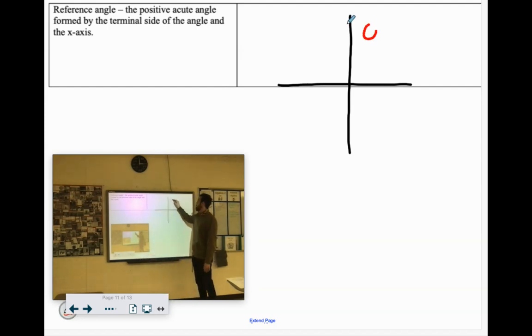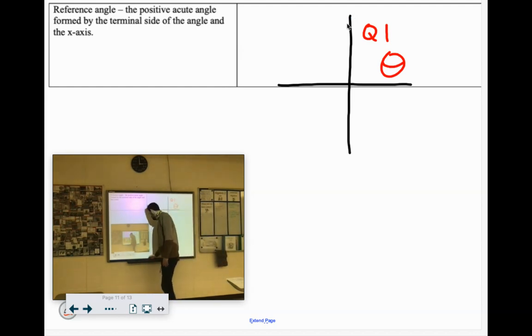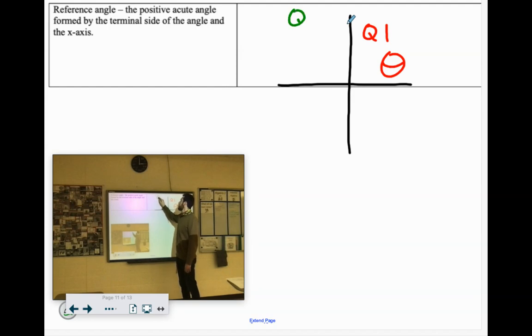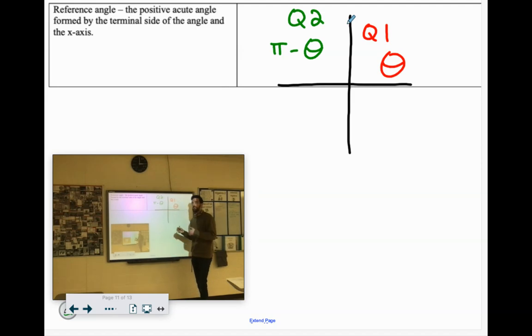If it ends up in quadrant 1, your reference angle is just going to be theta, whatever that measure of the radian is. If it ends up in quadrant 2, before, remember, we did 180 minus the degrees, but 180 on this radian circle we represent as pi. So we would do pi minus theta, or pi minus our radians, but you'd have to get that common denominator. It's fine. If it ends up in quadrant 3,